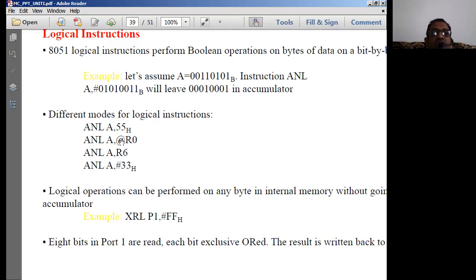So the value at the address contained in R0 is being used in the logical AND operation with the contents of the accumulator, and the result is stored in the accumulator. Like this, we normally use the various addressing modes.